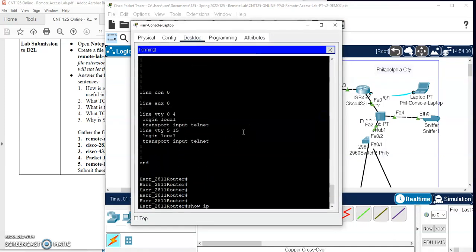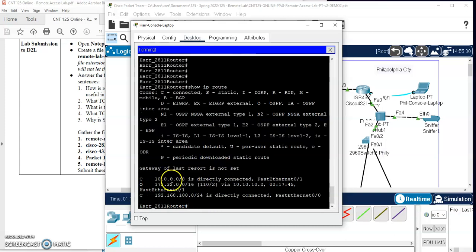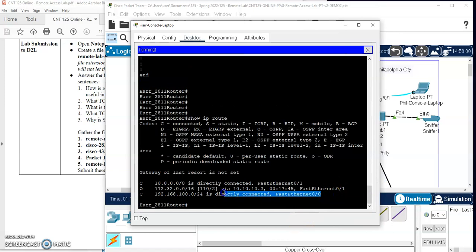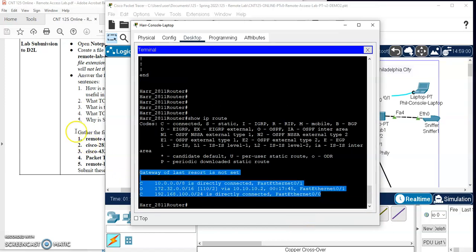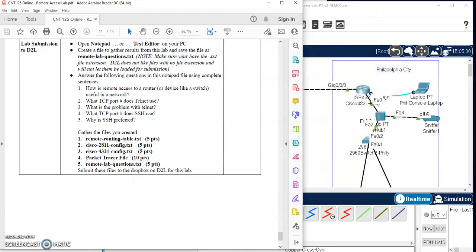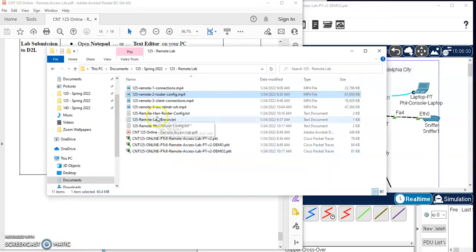Do show IP route, and this is where you should be seeing all three networks. If need be, get this now if you forgot it before. Save that. Make sure you have the Harrisburg config or 2911 and the Philly config or the 4321 and your packet tracer file. And then we have some questions to do. So make sure you have those, and this is where I'll go to my folder I've been saving my files